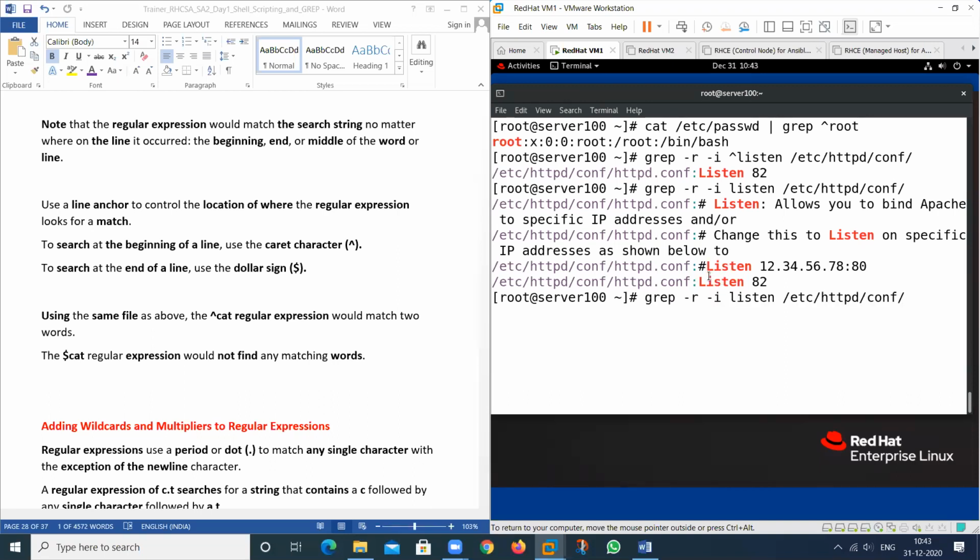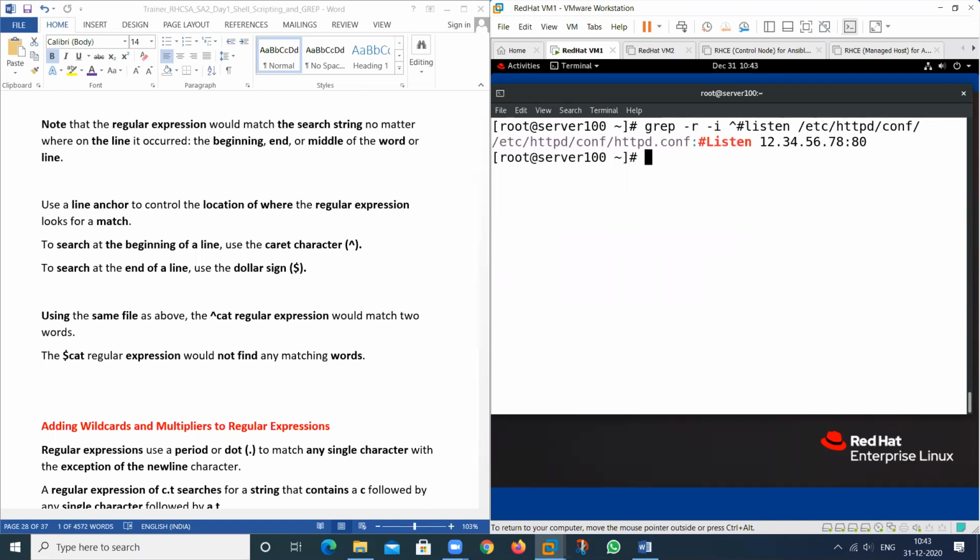If I want to do the exact match about the string, so you should place that particular value, then that value will print on your terminal. So this is the concept about this particular caret sign.